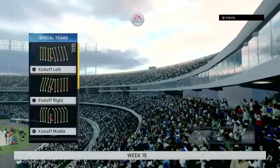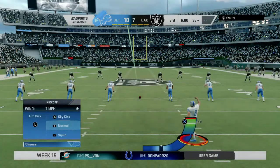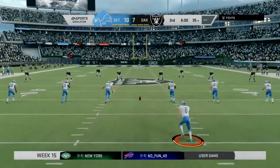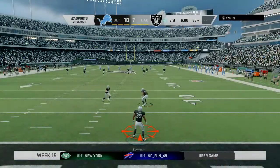As we'll send you eastward to Orlando. Standing by with that EA Sports halftime report now is Jonathan Coachman. Take it away, Coach. Both teams appear ready for the fight ahead, and we resume action here in quarter number